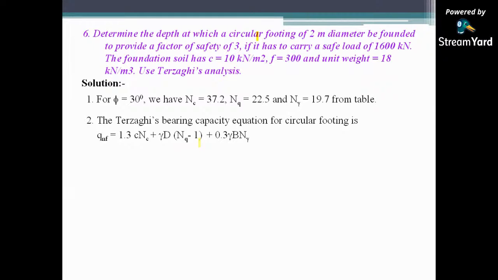Since you have to calculate the diameter and we are assuming that the water table is below the depth of the footing, Nq minus 1 will come, plus 0.3 gamma B, and gamma is considered. Alright, next is